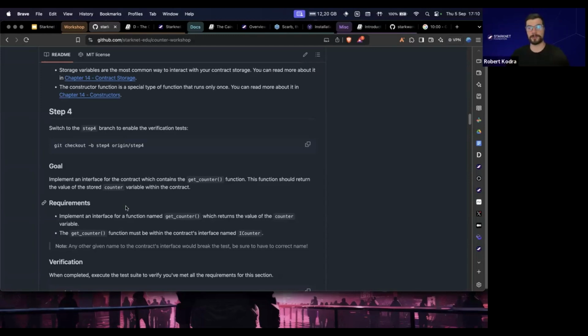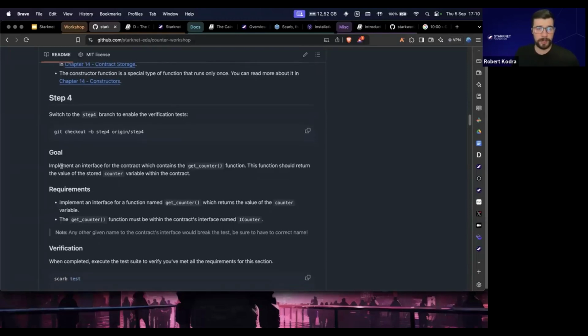So that's the aim of the workshop. Start easy, initialize the project, create your first variable in the storage, and then move gradually to more advanced parts. So let's see. Step 4, you have to implement an interface for the contract which contains the get counter